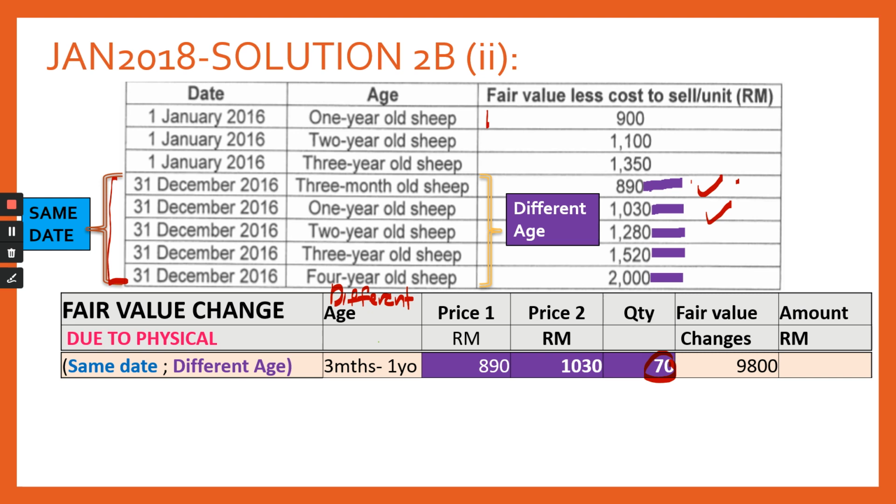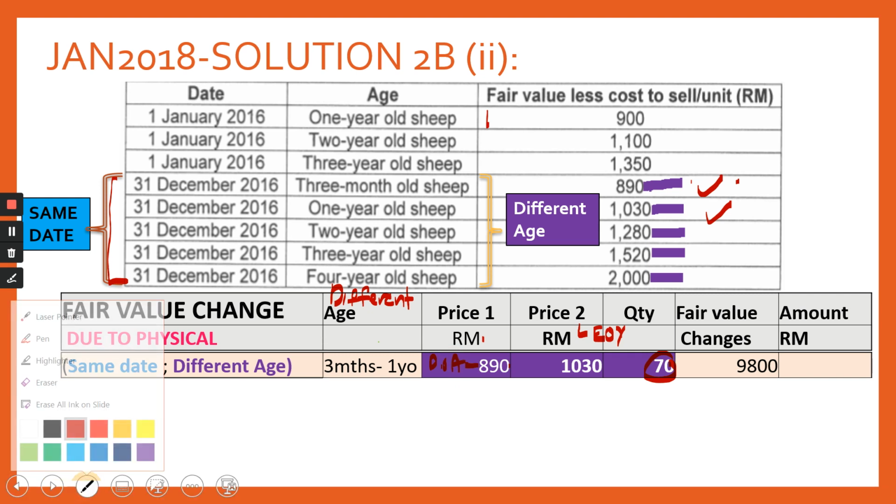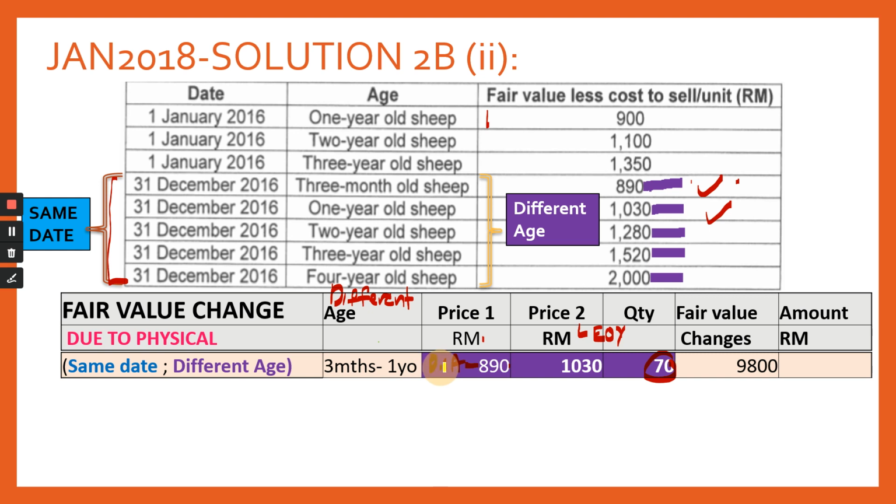So I put 1030, the price at the end of the year, to be price 2. And price 1 here is actually the price as at the date of acquisition. So I'll use a different color. So the price is not on the day of acquisition, but the price on 31st of December, for different age groups. So at first, 31st of December, the 3 months old, and if you look at the physical change,